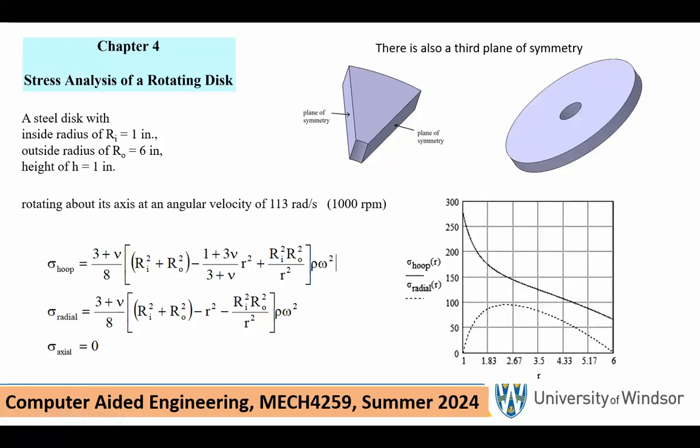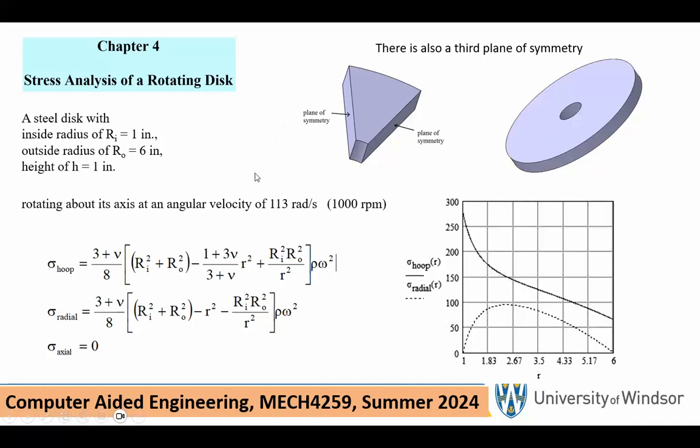This problem has many planes of symmetry. In fact, an infinite number of planes of symmetry. For example, one thing that's obvious: you take a cut halfway through the thickness of the disk, half of it above, half of it below. That's obvious. But the other ones that are maybe not that obvious is that you can take any cuts like that, and the sector, let's hypothetically say this is a 45-degree sector, the next 45-degree sector looks exactly like that as far as the stress distribution and